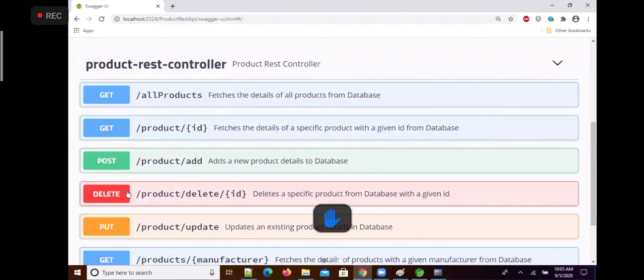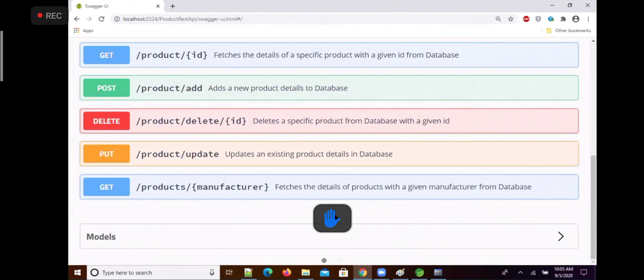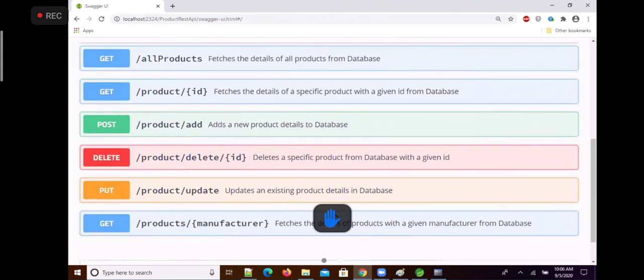Okay, these are the various endpoints. Now this is what I would like to tell you. Okay, now right, let's move on.